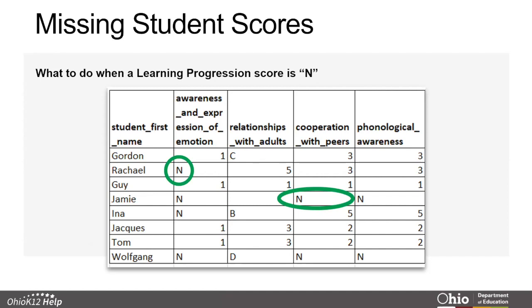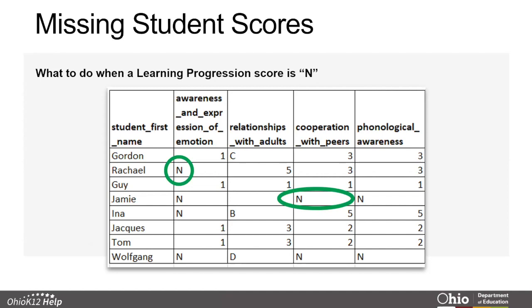Okay, because the early learning assessment includes 9 different level descriptors. So you might see A, B, C, D, 1, 2, 3, 4, 5, and those are the scores that represent typical milestones of a child's development. But there are options for the teacher if the teacher is unable to determine a score, or if the child has not yet reached the highest level indicator in the progression, the teacher can choose N, or they can also choose NE. So N stands for not scorable, and NE stands for not yet evident. And we do go over those scores with teachers during trainings. So if you do have questions about the use of those, you can always reach out to us at that ELA